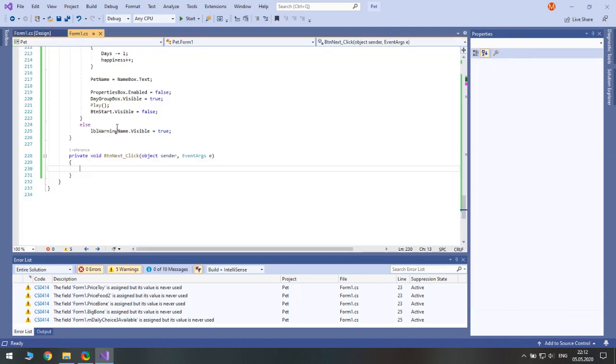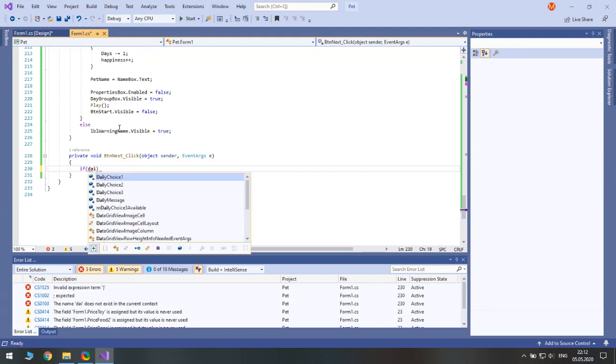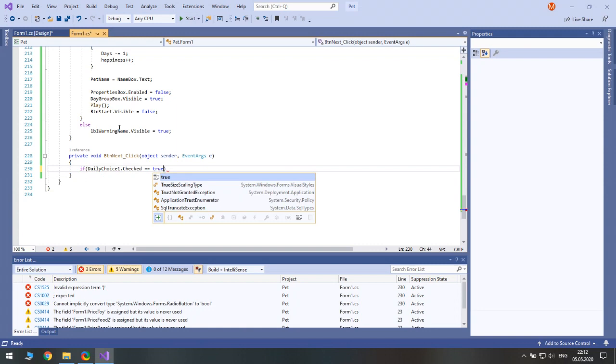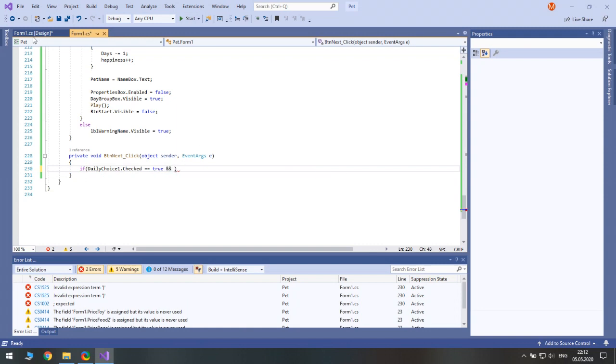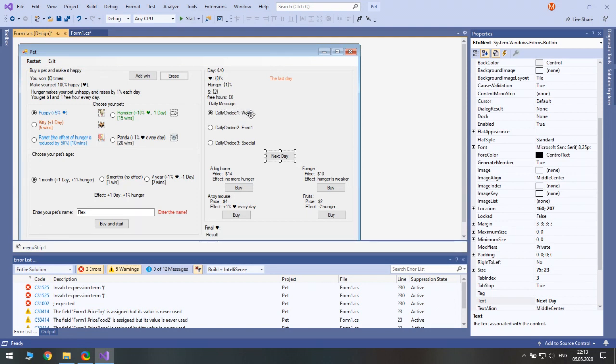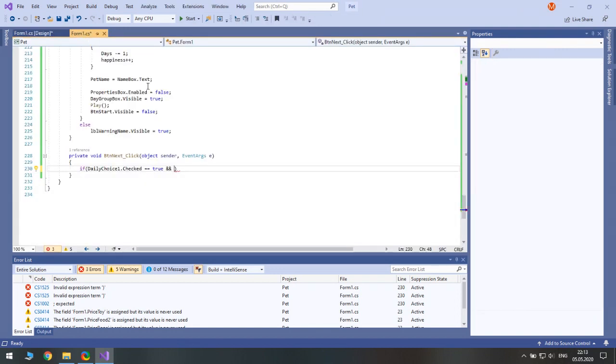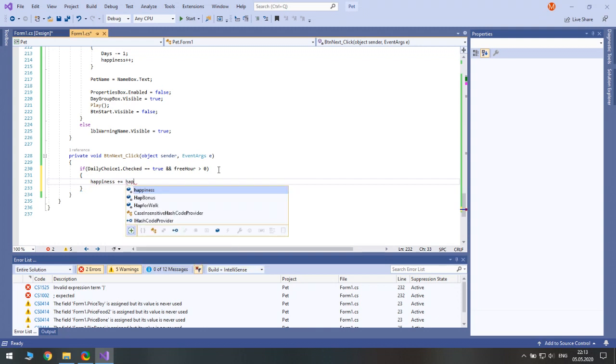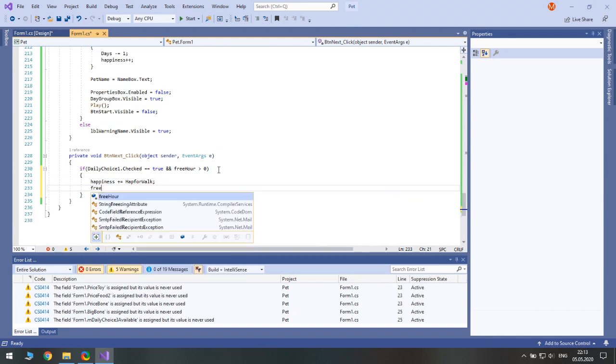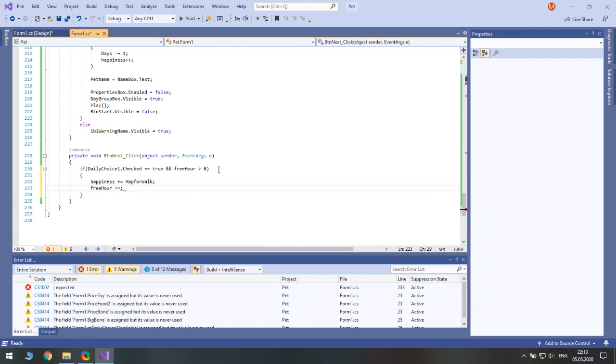So if it was daily choice 1, so if daily choice 1 checked is true, and we said that it will decrease the number of free hours, so we should have at least one free hour, and free hour is greater than 0, then we increase happiness by the variable which stands for happiness for walk, currently 13, and we decrease our free hours. No, minus.